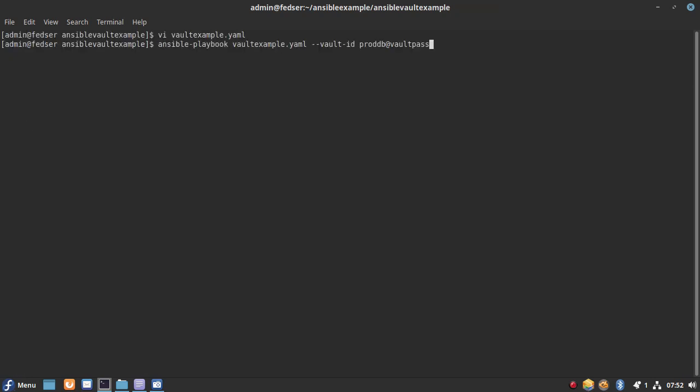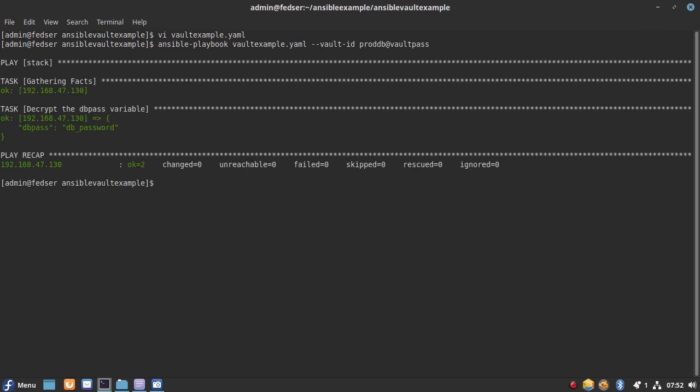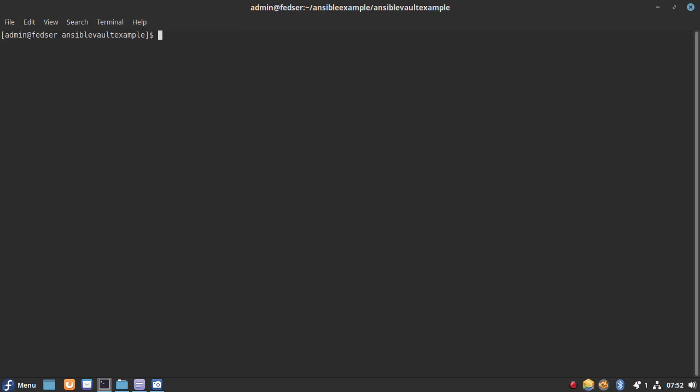Right now I'm executing the same thing, and we can see that we are able to get the decrypted content of our dbpass variable. This is how we can utilize Ansible Vault to encrypt variables and decrypt them.